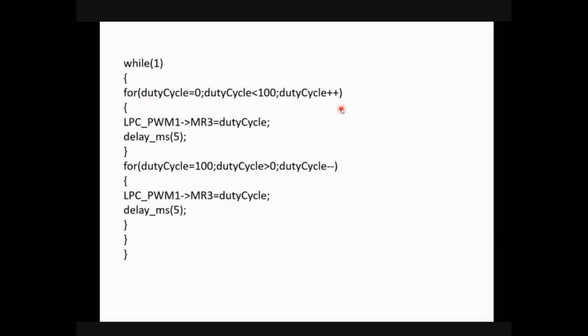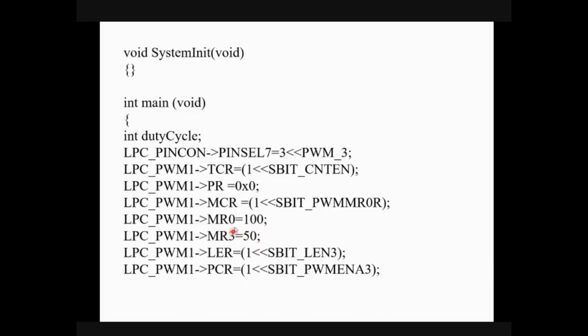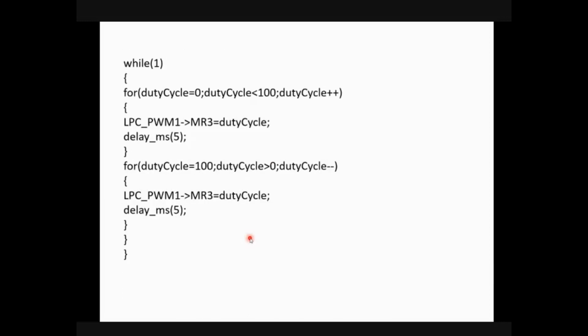During this time, what happens? Your LPC_PWM1->MR3 will be holding the duty cycle value, not what we defined earlier. It will not be holding the 50 here. It will be holding the value starting from 0. The MR3 match value goes 0, 1, 2, 3, up to 99. Every time, your MR3 value will be compared with your MR0 value.